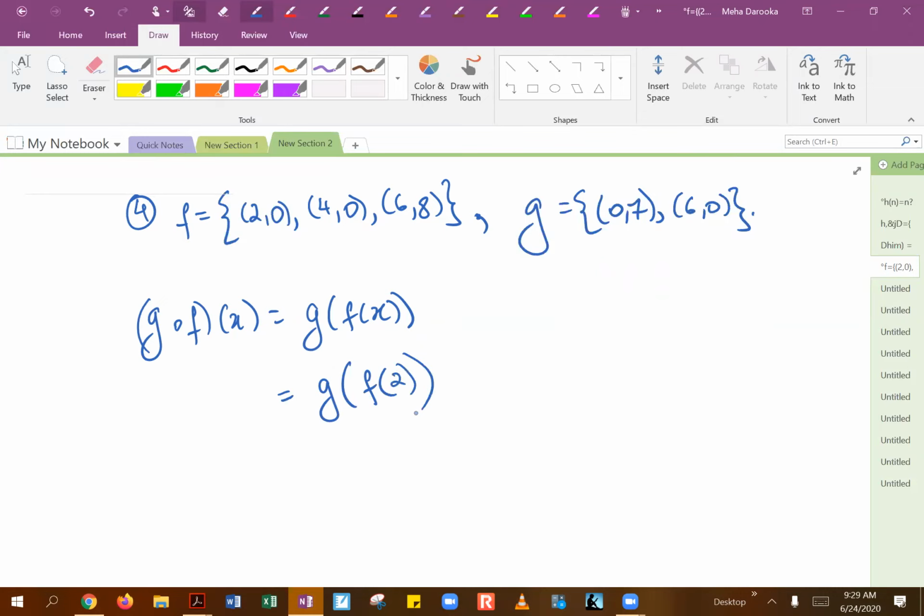The g of 0 will also become 7, giving us the ordered pair. We started out with 4 and we ended up with 7. So this is our second ordered pair for the composition. And we've got one more